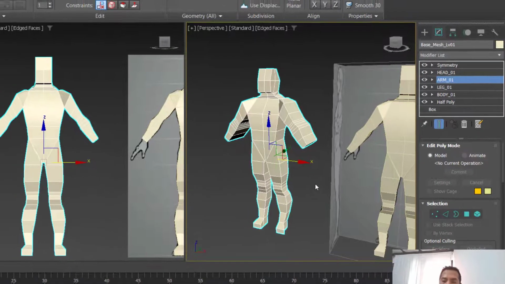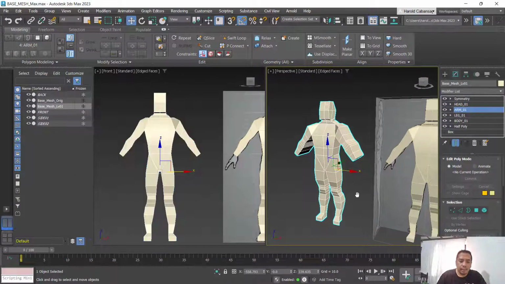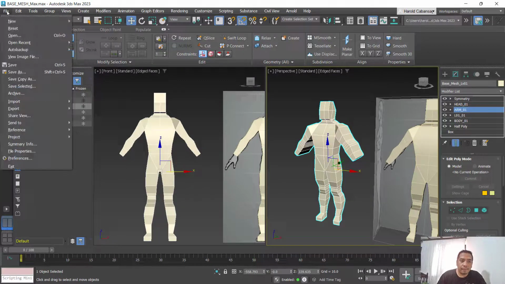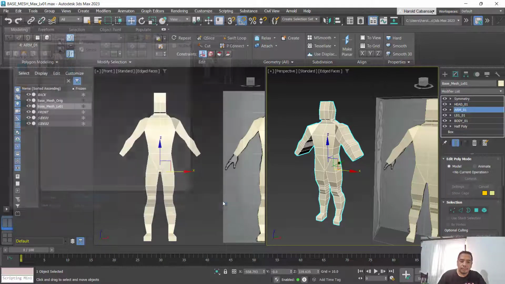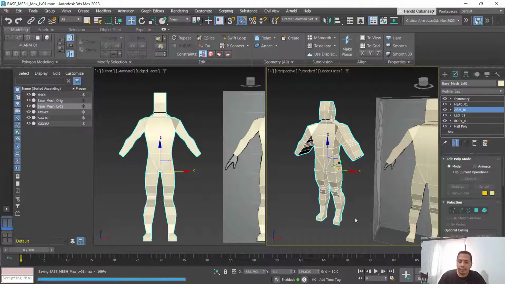Okay. Now with that, I will also save a backup file, save as. I'll go to my project folder. So there's the base mesh, max, and then this is going to be the backup named level 01. Save. So in this level,